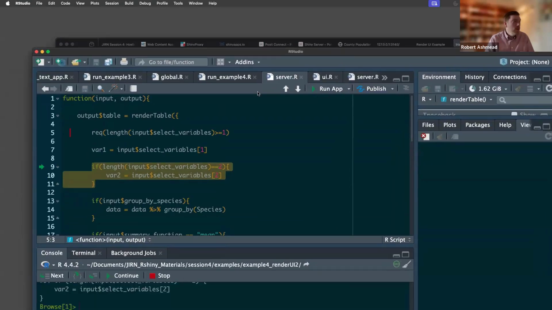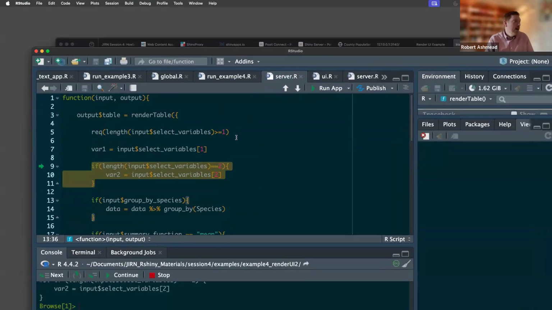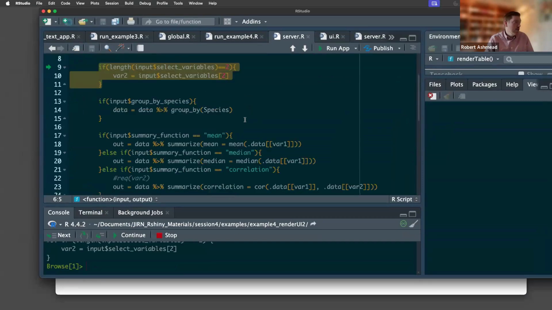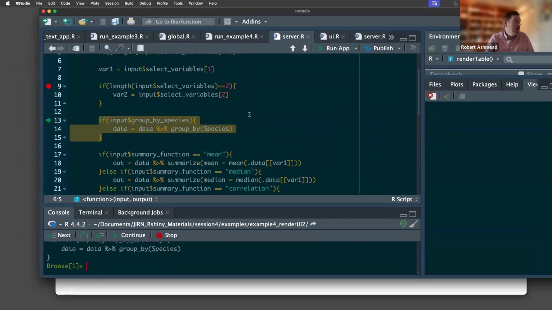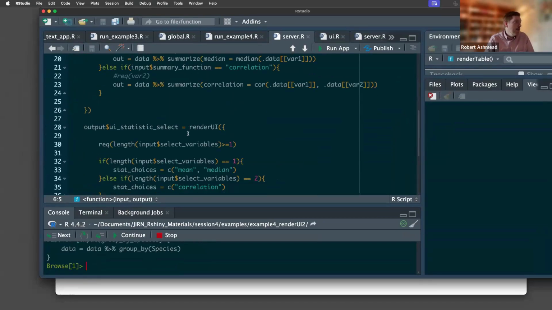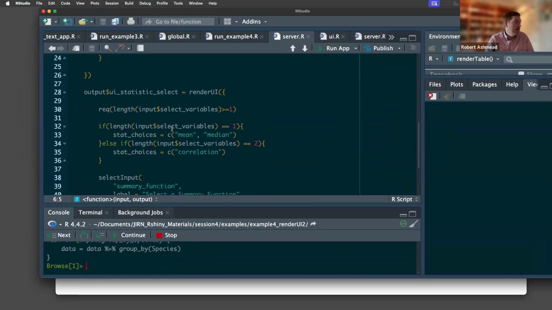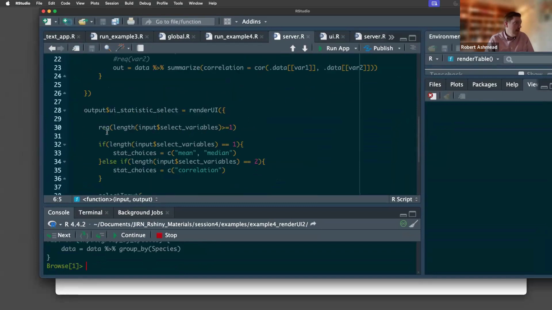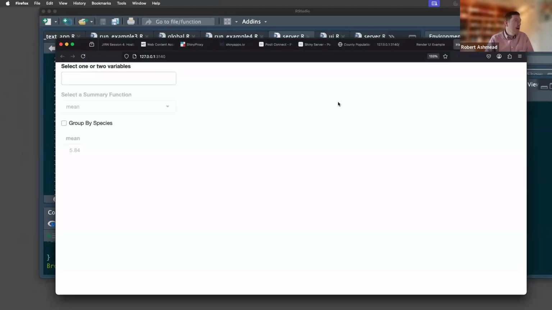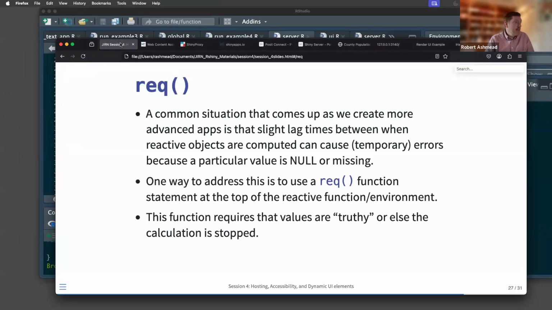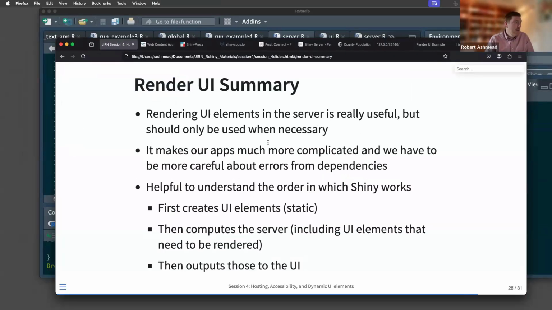So we can tell it only compute the rest of this if we have at least one of these things. It's actually showing me an error here. And then the other part I put in is the same thing down to here, requiring that it has at least a variable here. So yeah, that can be a helpful thing